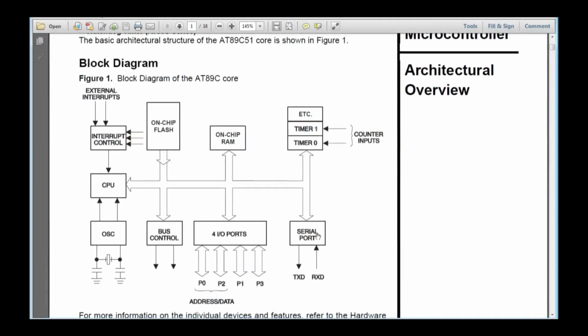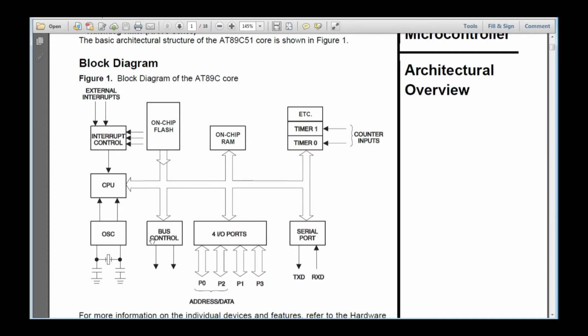On the screen, you are able to see the block diagram where there is a microprocessor, a program memory in the name of flash, and a data memory in the name of on-chip RAM. There are 4 parallel ports, port 0, port 1, port 2, and port 3, one serial port, 2 timers, and an interrupt controller which has 3 software interrupts and 2 hardware interrupts. So from this block diagram we can understand that a microprocessor and 6 other mandatory peripherals form a microcontroller, as we all know.